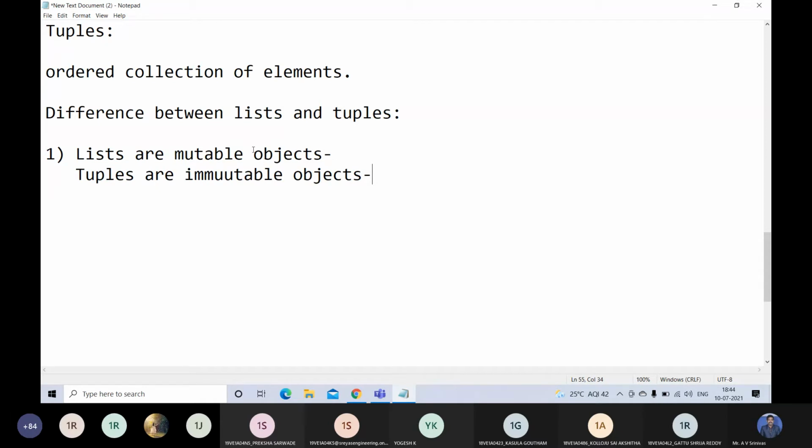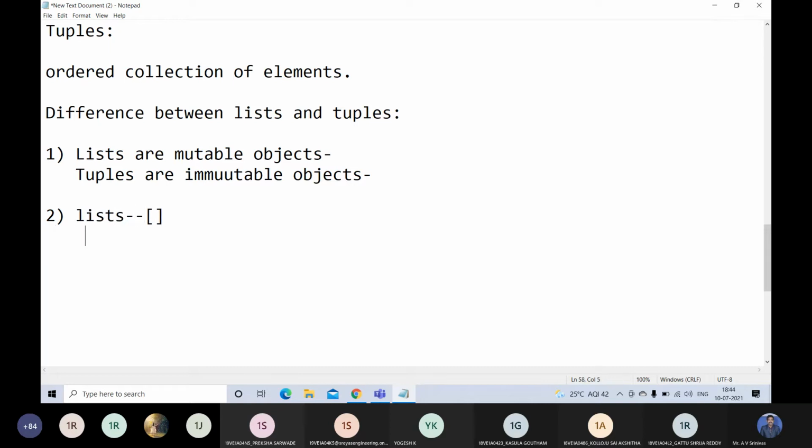Very, very important question this is. Lists are mutable and tuples are immutable. Mutable means changeable. Immutable means unchangeable. The second difference is for declaration of lists, we are going to use square brackets. Whenever you want to create a list, you are going to use the square brackets.